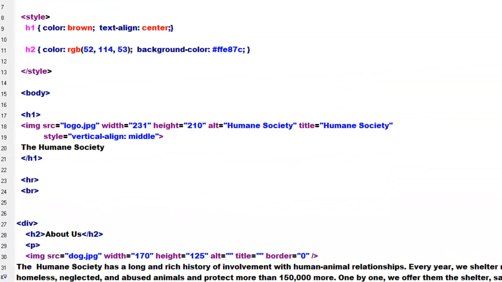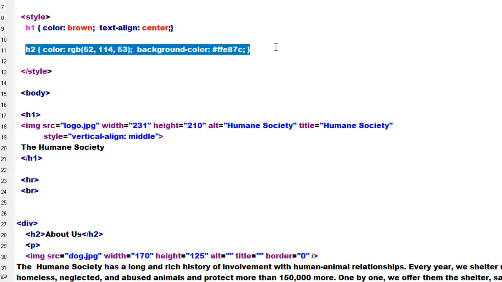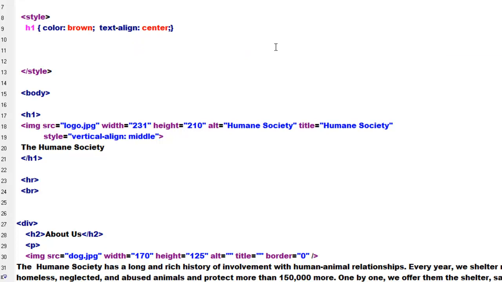Now I am going to create an external CSS document, and I am going to do that just for the code for my H2 selector. So I'm going to actually take this code out. I will select it, and I will say Control X, and I will save my document. Now I will go up to the File menu,